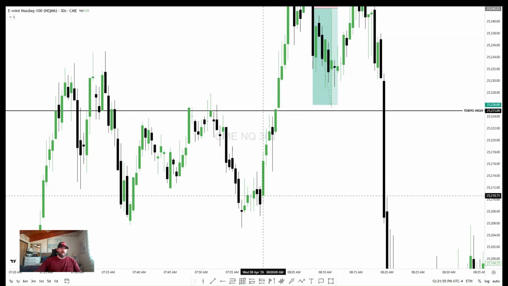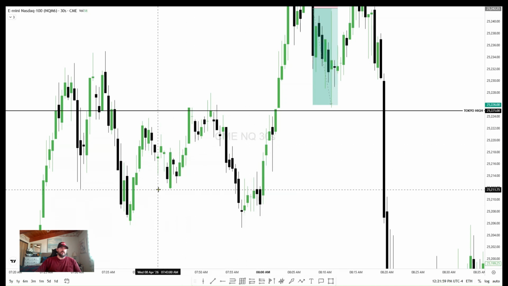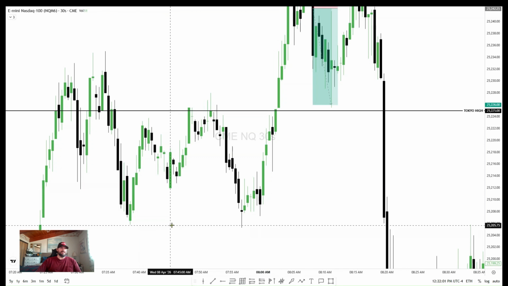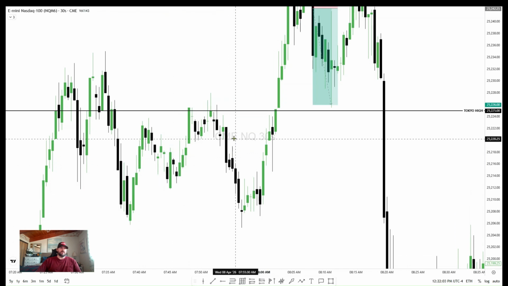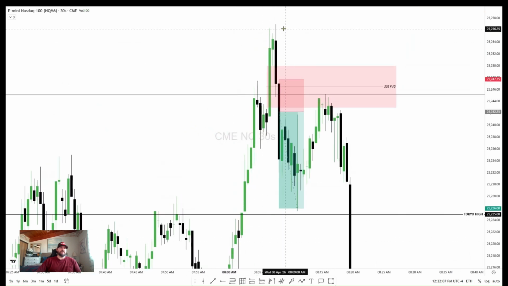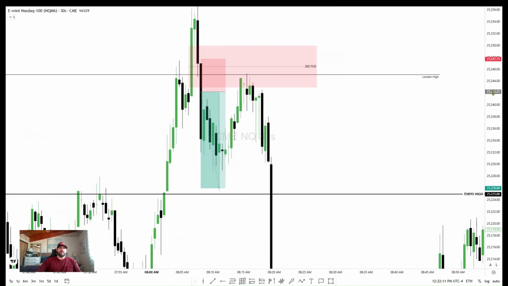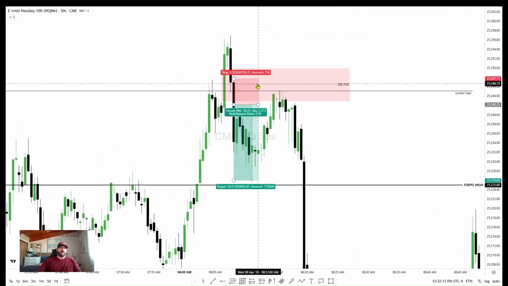So there's actually another setup right here. It came down, it swept these lows, tapped into these lows. There's a bearish fair value gap right there. It inverses it and trades it up. I didn't take that trade. I was waiting for London High to get swept. That's what I wanted. So London High got swept,